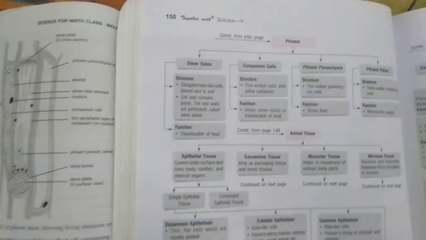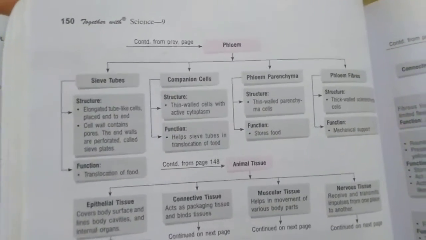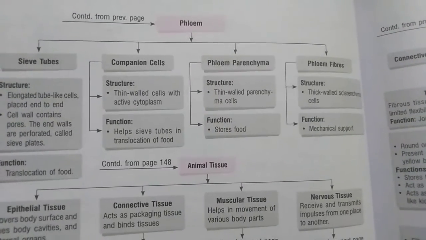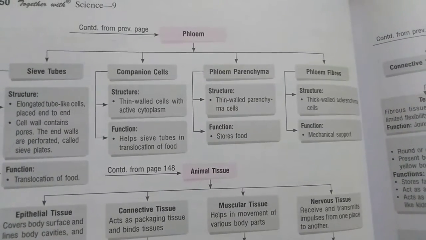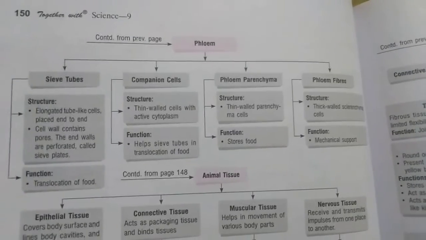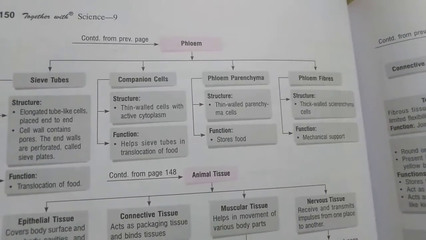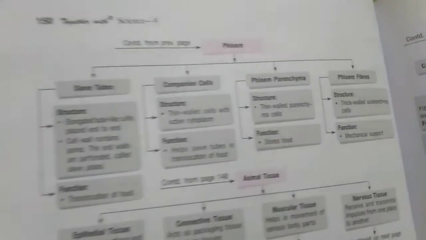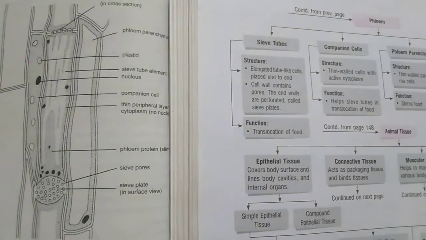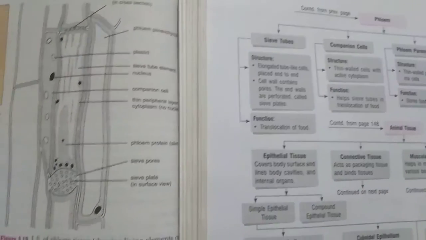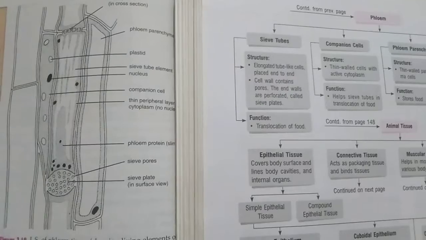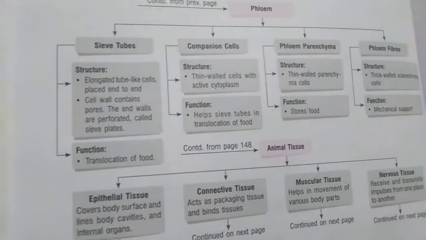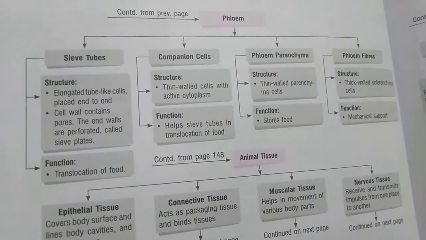Then comes the fourth structure of phloem, which is known as the phloem fibers, or we can say bast fibers also. What is the structure? These are thick-walled dead sclerenchymatous cells. Okay, dead, because sclerenchyma is a dead tissue. Bast fibers obtained from some plants like jute, hemp, flax have commercial or economic value. So these bast fibers of some plants can be used for making ropes, for making bags, for making jute items, and for making things which are manufactured from hemp, flax, etc.